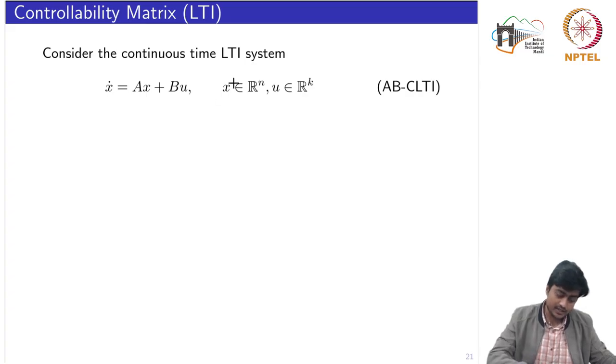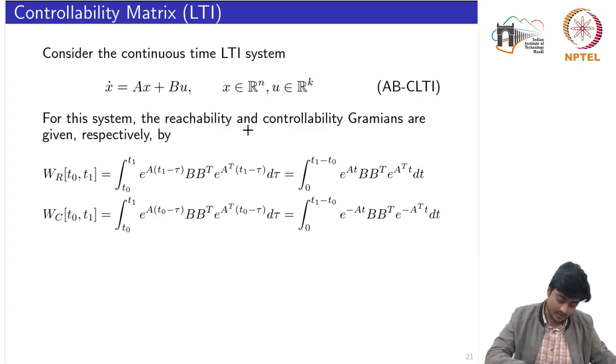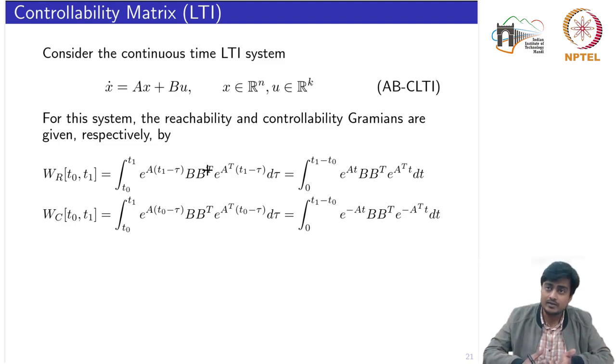Consider the continuous time, linear time invariant system given by this A, B, because we are only concerned with the A, B matrices, not with the C, D matrices, where x is an n-dimensional vector and u is a k-dimensional vector. For this system, the reachability and controllability gradients are given respectively by this. We have already defined the gradients in terms of the